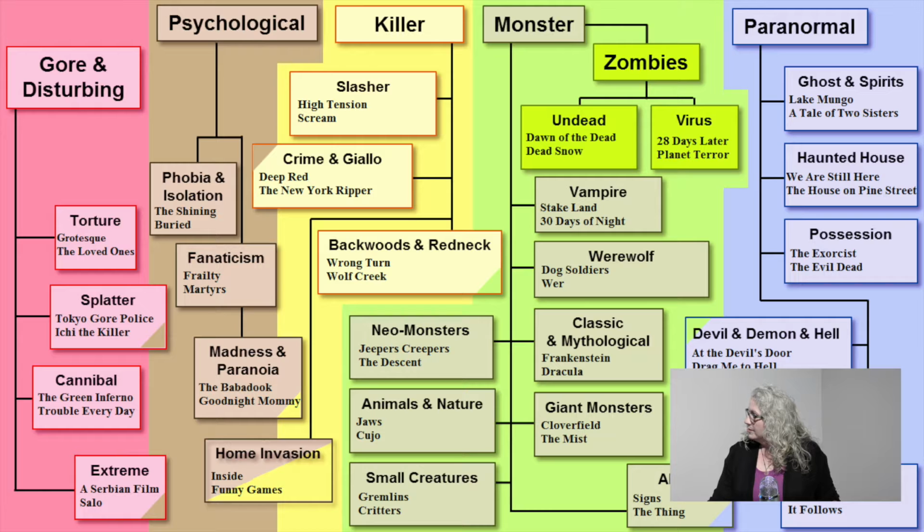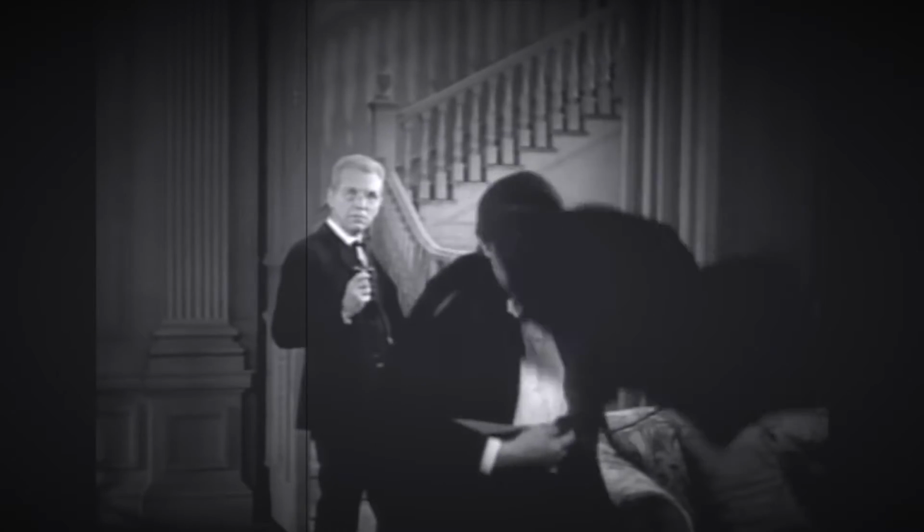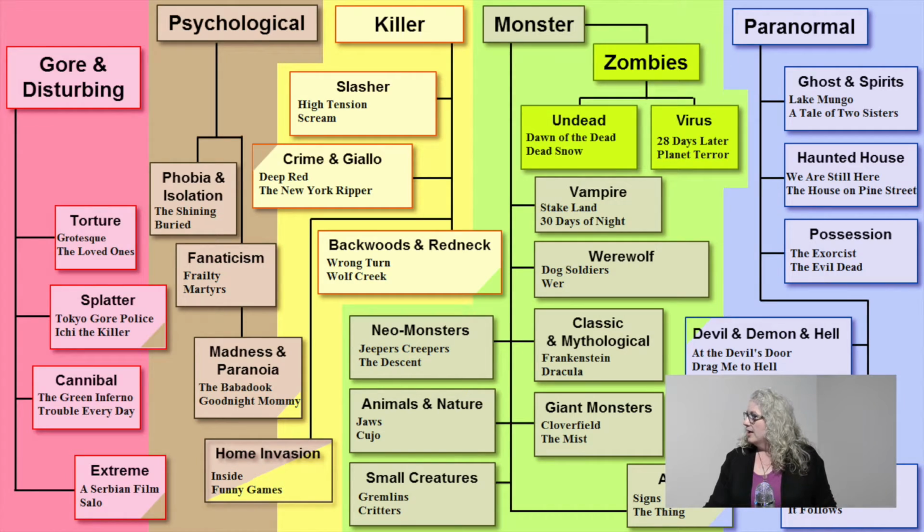And so if you want to look at something like classic and mythological, Frankenstein and Dracula, also excellent novels, but also multiple films have been made of both of them, so you could put that under classic. But there might be other elements of those two things that fit other categories, which is, again, why it's important for you to define how you want to classify each part of something that you are using to write your essay.